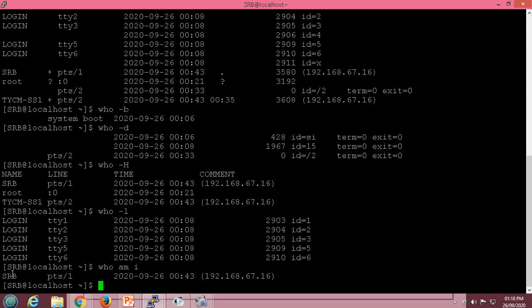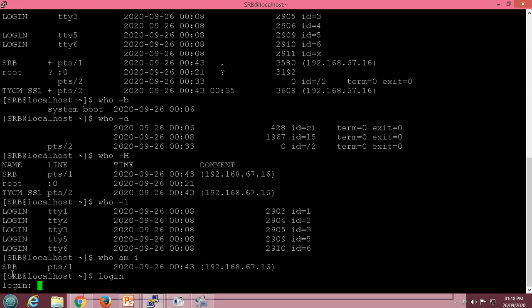So the who command is used to see how many users are currently logged into the system. Now there is another command, login command. Actually this command is not executed on all systems. So let us try here.